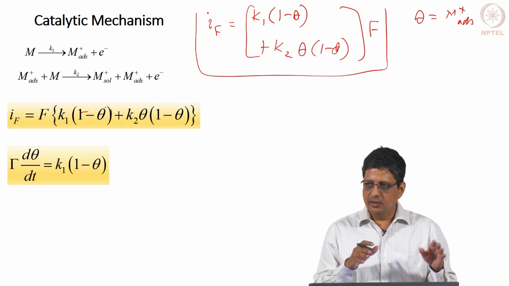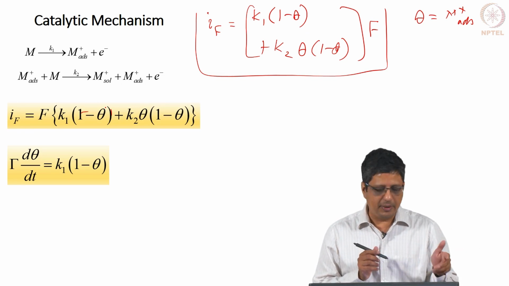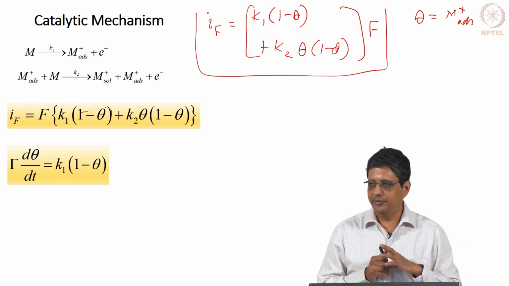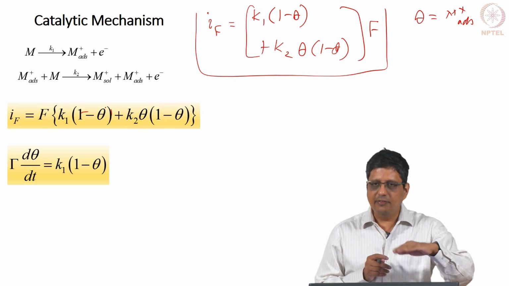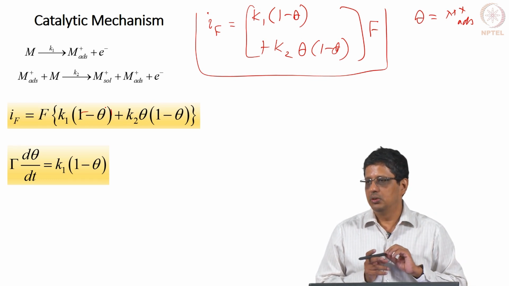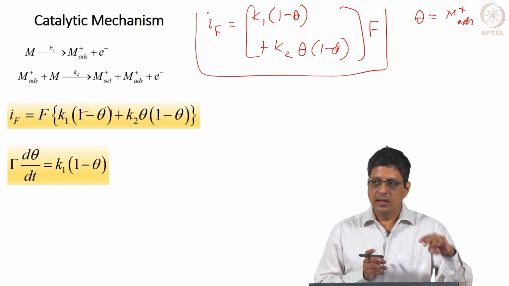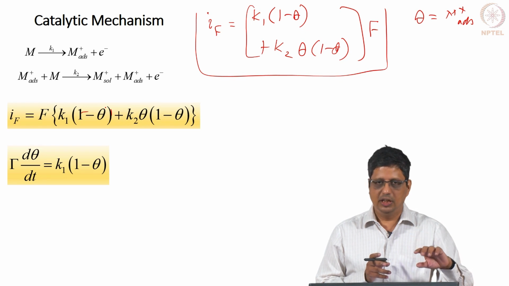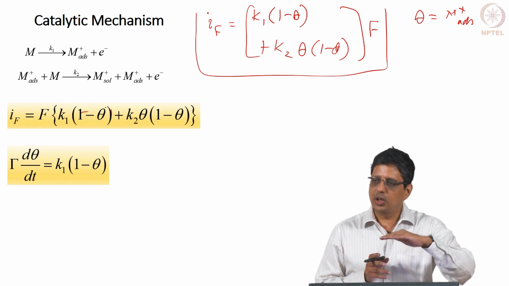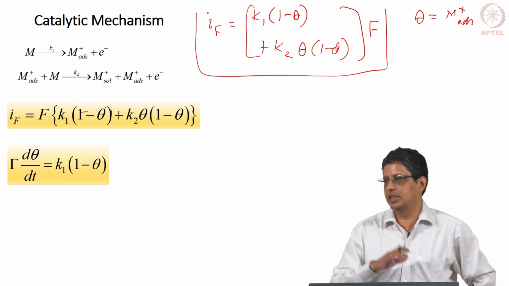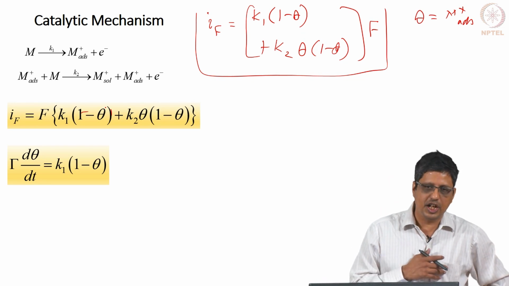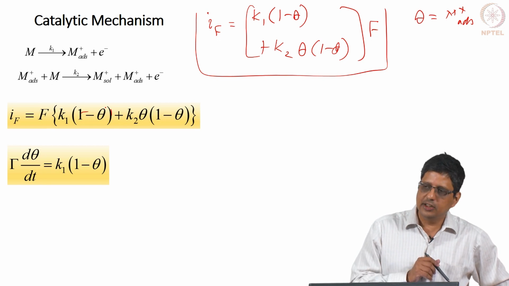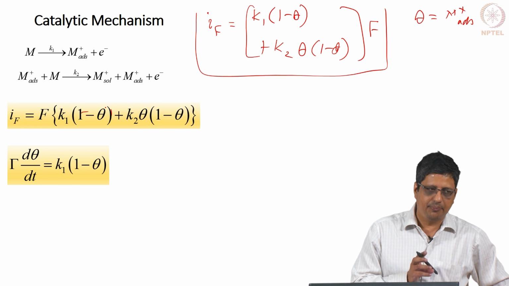So, in the beginning, production of M-adsorbed will always keep happening by the first reaction. It may happen at a slow rate or a fast rate depending on the value k, but anything that is vacant will get converted to adsorbed species. Anything that is adsorbed, net it will not be consumed. That means, sooner or later the entire surface will get covered with adsorbed species and you will not have any further reaction. If everything is adsorbed, theta equal to 1, 1 minus theta is going to be 0. So, there is no bare metal site.